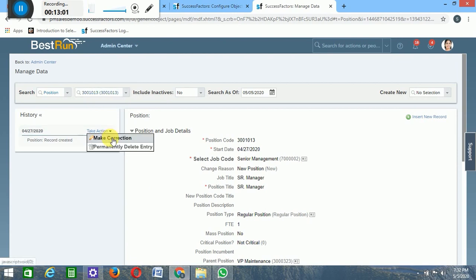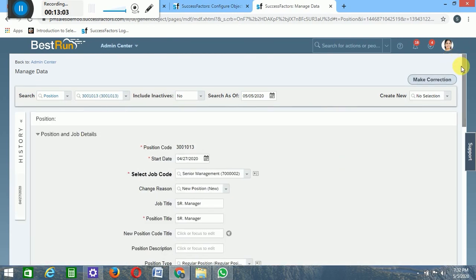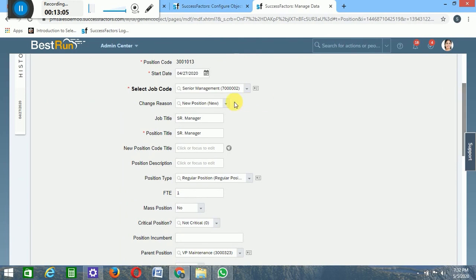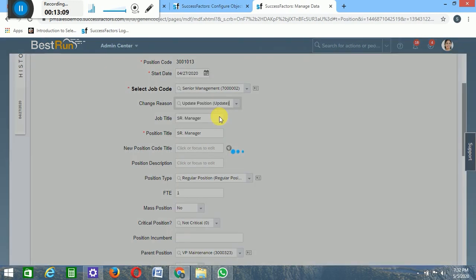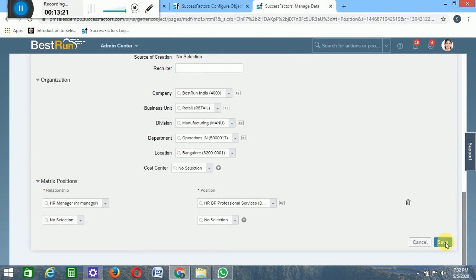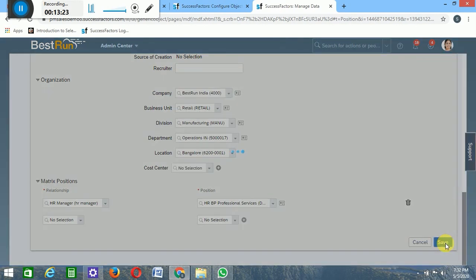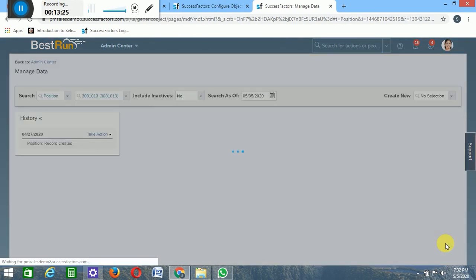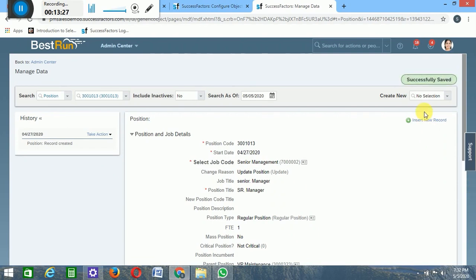Take action, make correction. Now I've changed the reason: change reason to update position, and change this to senior manager. We have done two changes. Let's save it and check whether it triggers the workflow or gets saved. It is successfully saved.